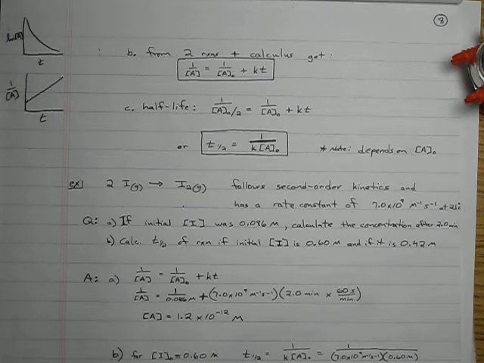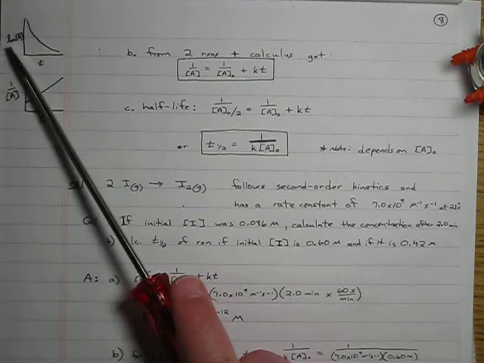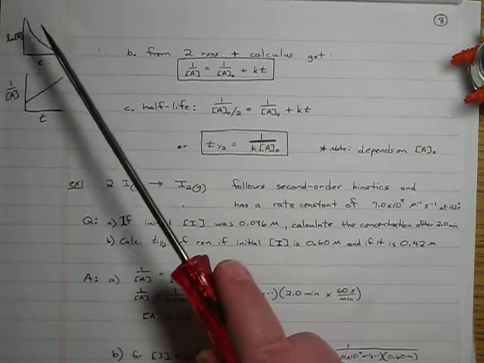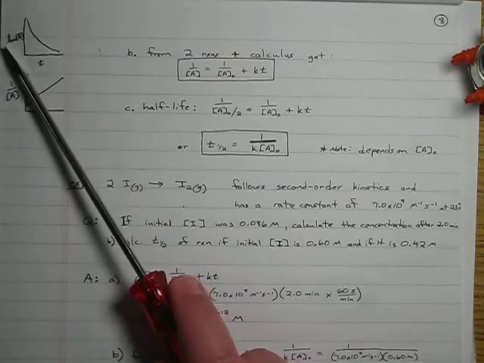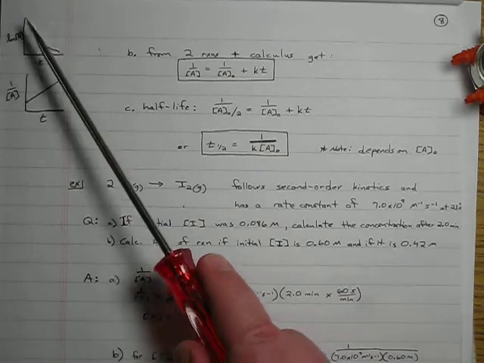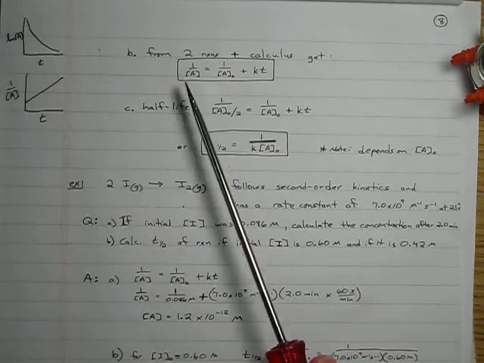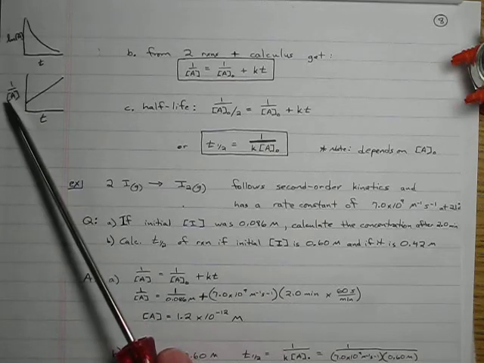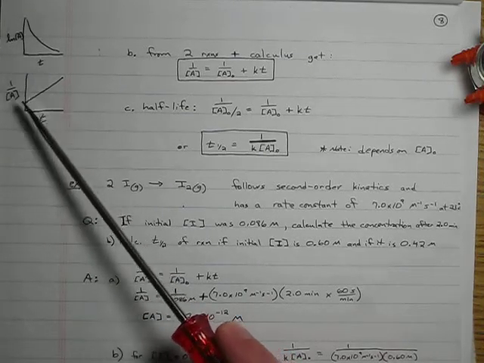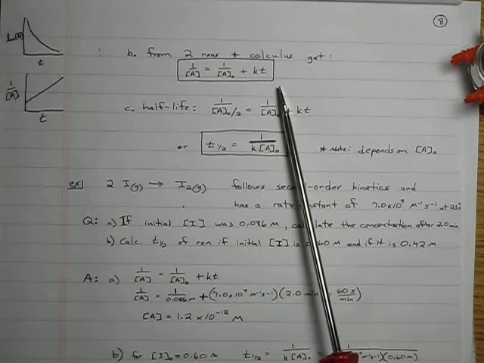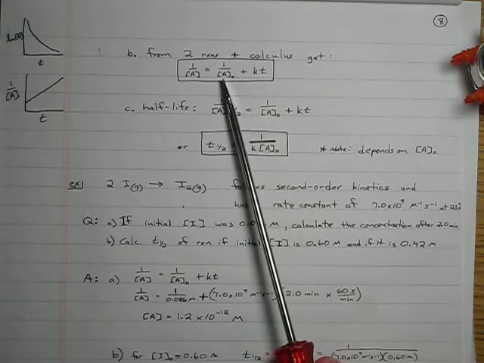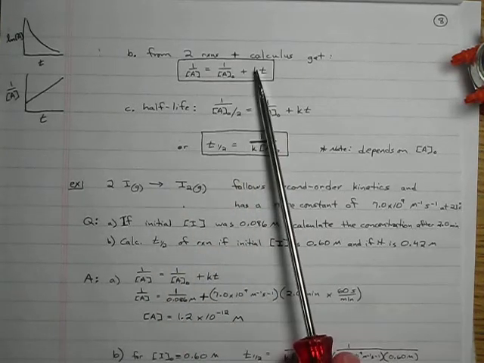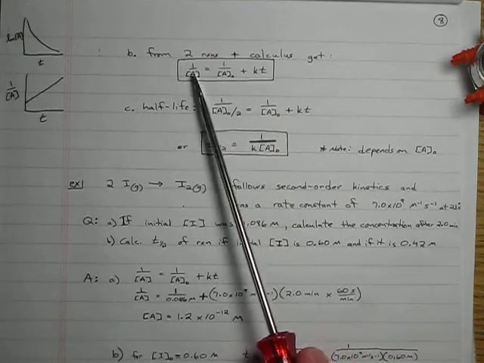Okay. Graphically speaking, though, recall with a first order half-life, if you graph the natural log of the concentration of A versus time, you got a straight line. With a second order reaction, if you graph the natural log of the concentration of A versus time, you do not get a straight line. However, if you graph 1 over the concentration of A versus time, you will get a straight line. This second order integrated rate equation, y equals mx plus b, right here, there's our equation for a straight line, but you have to graph 1 over the concentration